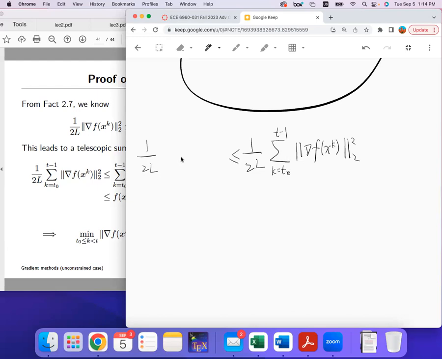This is a sum of t minus 1 minus t0 terms. It's bigger than or equal to the minimum among these terms multiplied by roughly t minus t0. We have this many terms. If we consider the minimum,